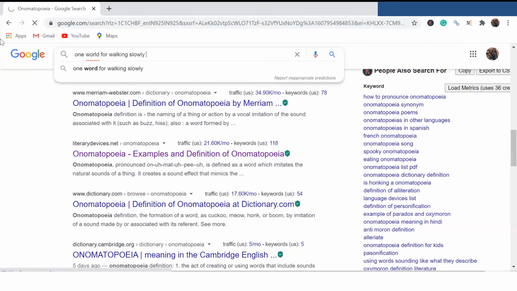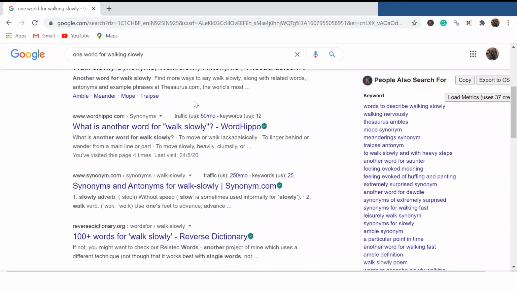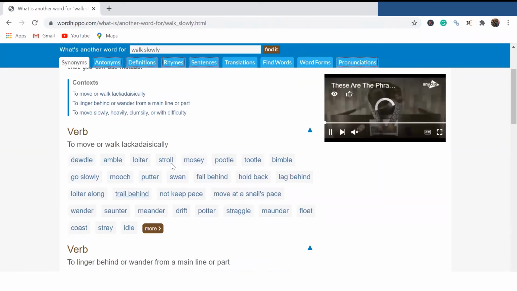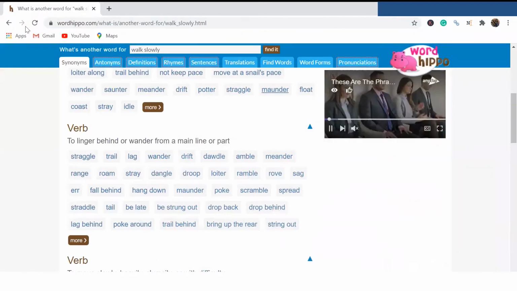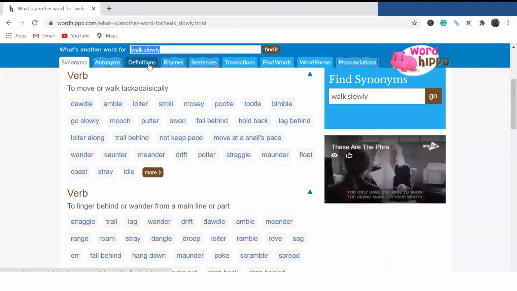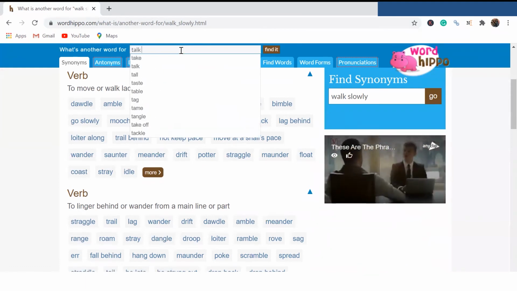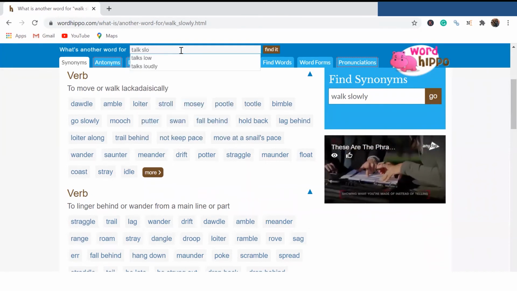Let me just give you, see, you're getting thesaurus.com, and there is one tool called wordhippo.com. One of the most important. What is another word for walk slowly? See, you get all of this here. So there is something called wordhippo.com. So anything, supposedly you want to find synonyms, you want to cite definitions. Let's say talk slowly, or talk low.